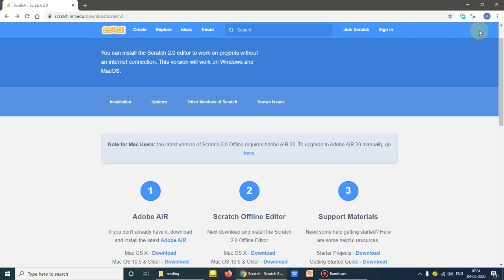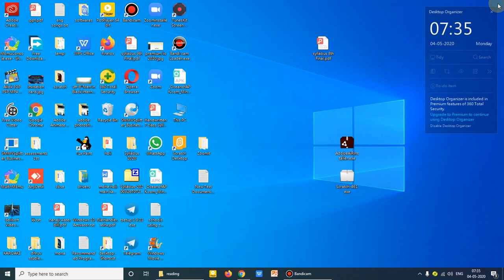So after you have done this, suppose in my case I have given the default path on my desktop. So these are the softwares. Once you have done this, I have to install this Adobe.